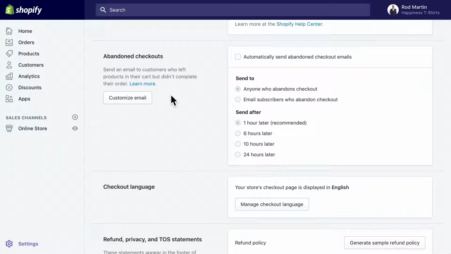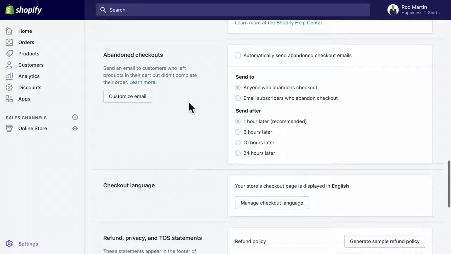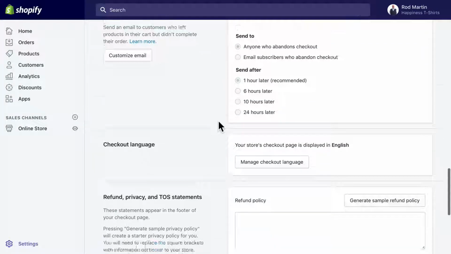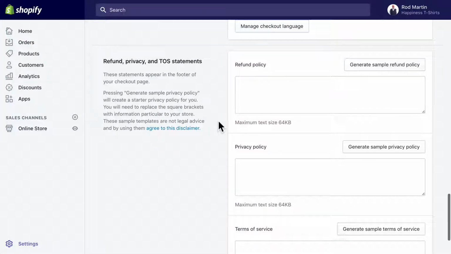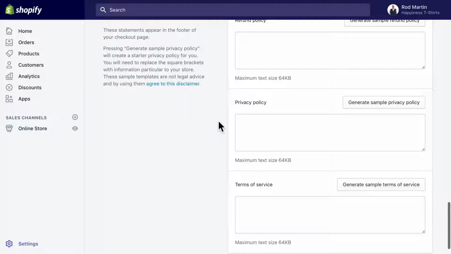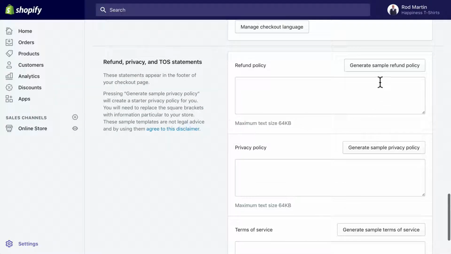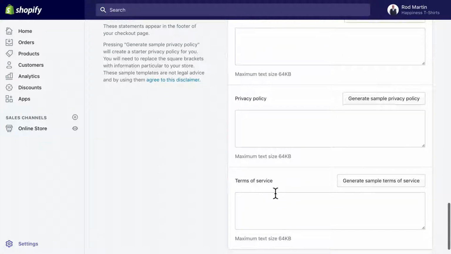So if you have their email address, well, then you can email them within a particular time frame in order to remind them of the cart that they've left. This is really, really helpful. You can put in your refund policy, privacy policy, and terms of service here. They even give you samples that you can use. Once again, you'll need to make sure that you do this, especially if you're selling in Europe, now with the